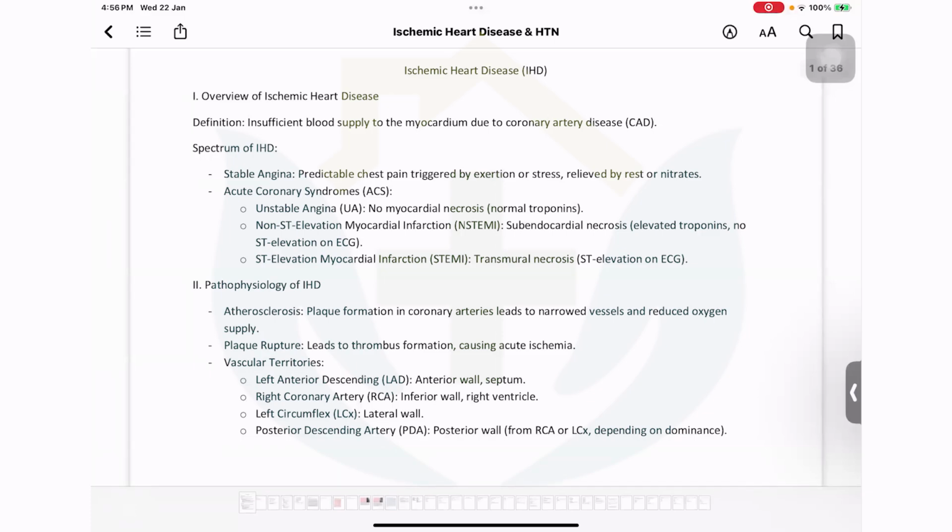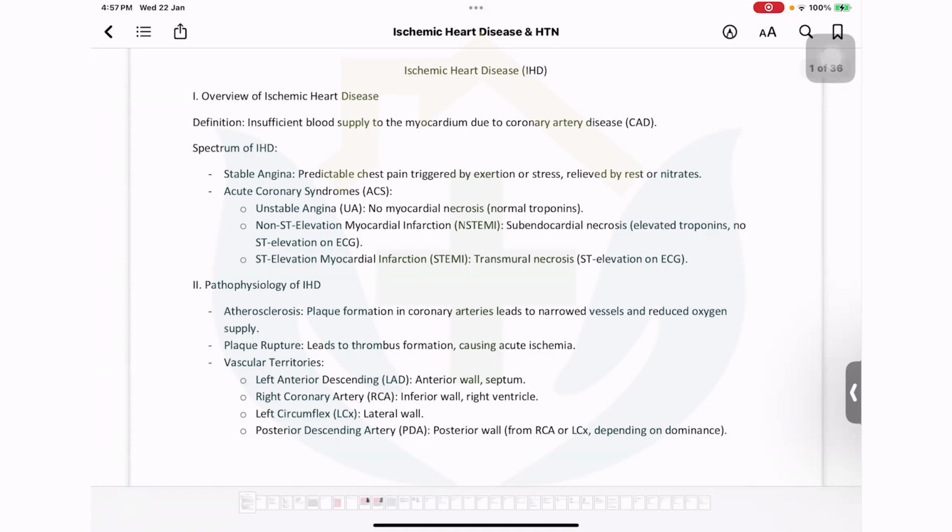Angina is a left precordial chest pain. The patient will give you the history that the chest pain comes with exertion and settles with rest. That means it is chronic stable angina. For example, if the patient says, I have chest pain that used to settle with rest, but now it is persisting, that means it has converted into unstable angina.